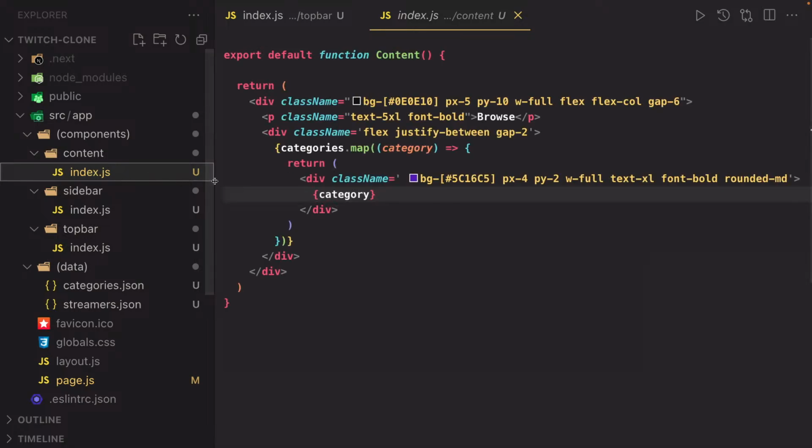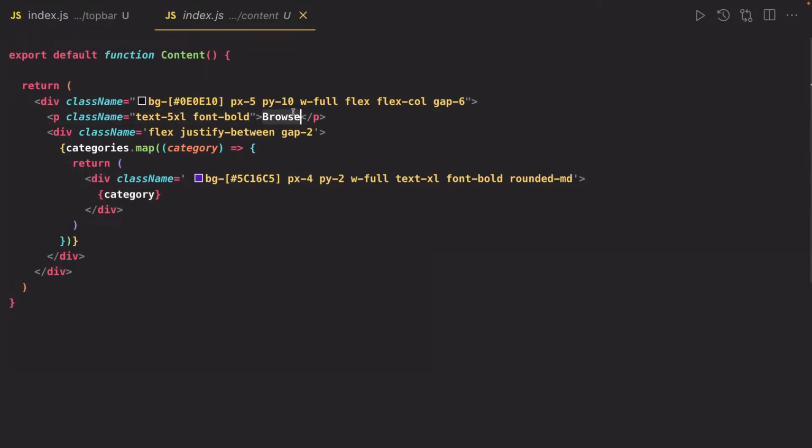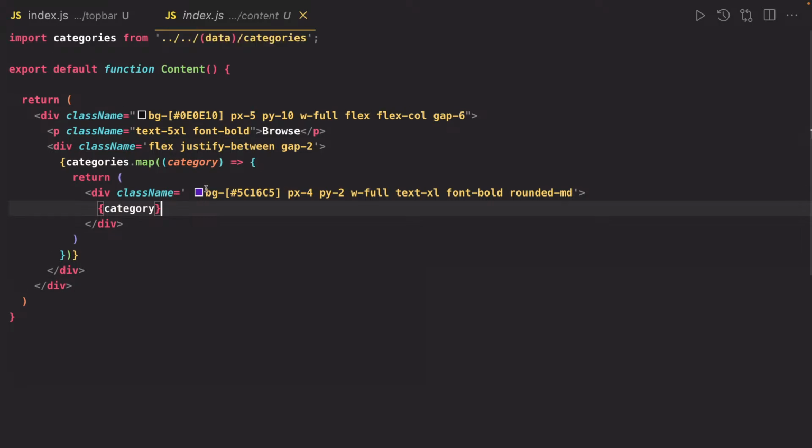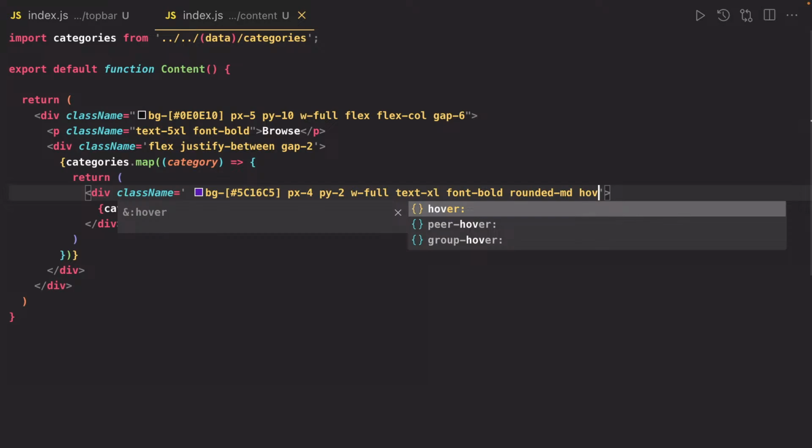We have the content, and here we have this browse, and these divs which have categories, and on hover it should be